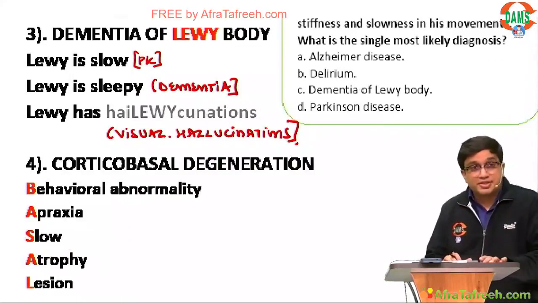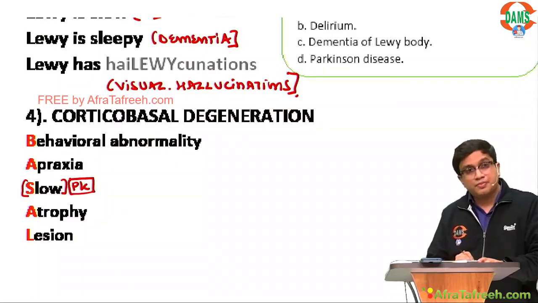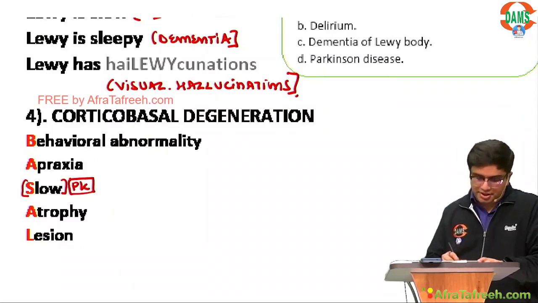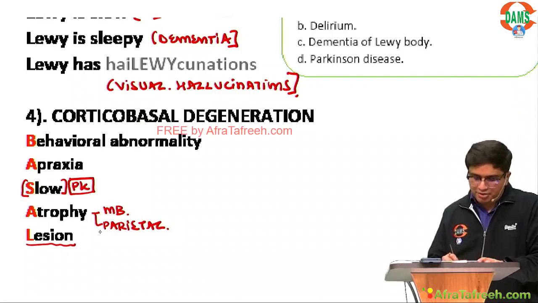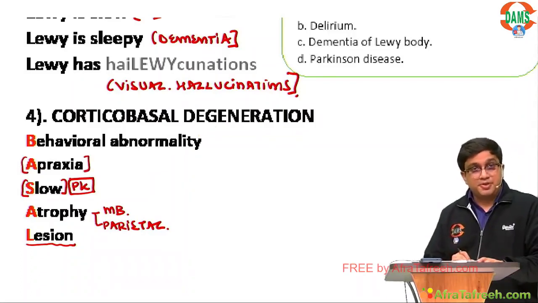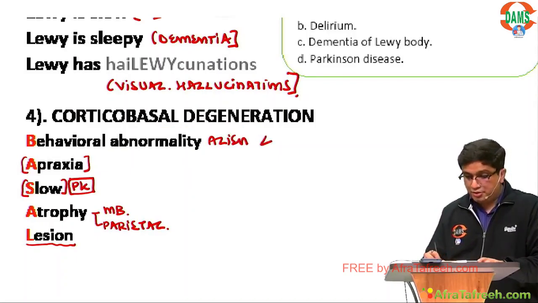Then we have the corticobasilar degeneration, in which the patient comes to me with slowness, obviously due to symptoms of Parkinson, with atrophy that is seen in these patients in the midbrain region causing Parkinson, and it can also be seen in them with a parietal atrophy. So the lesion that could be seen in them is in the midbrain and the parietal region, and whenever you have parietal region you end up having apraxia. In these patients there is another behavioral abnormality that could be seen, in which their hand is not under their control, alien limb